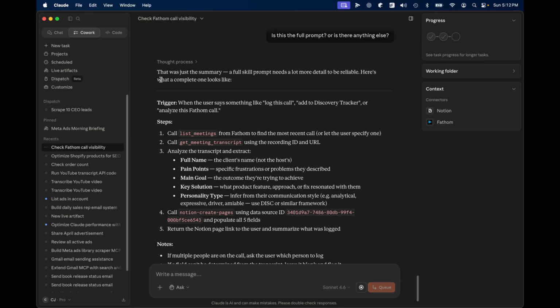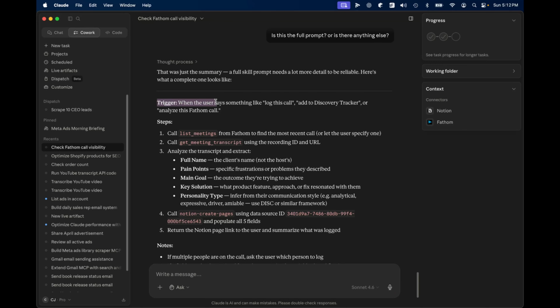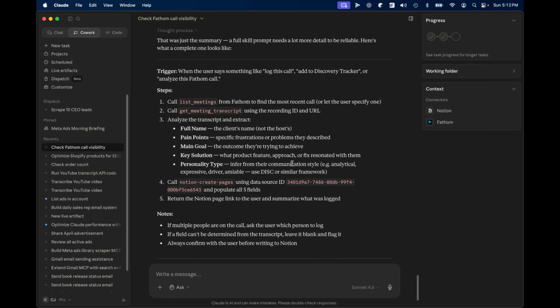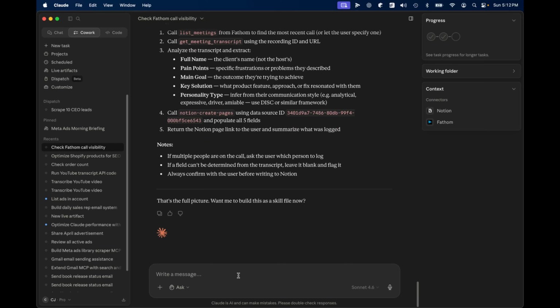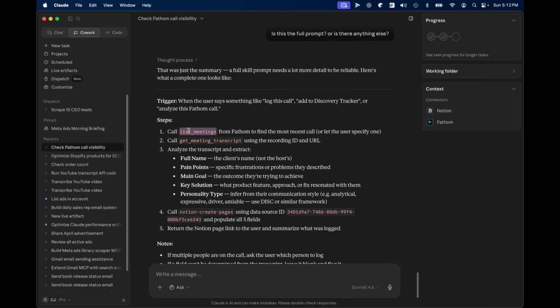So here you can see that was just a summary. Here is the trigger, when it uses something like log this call, call this meeting, right? And for example, call this meeting to find the most recent call. That's fine. Call get meeting transcript. That's fine. So we could add another key for